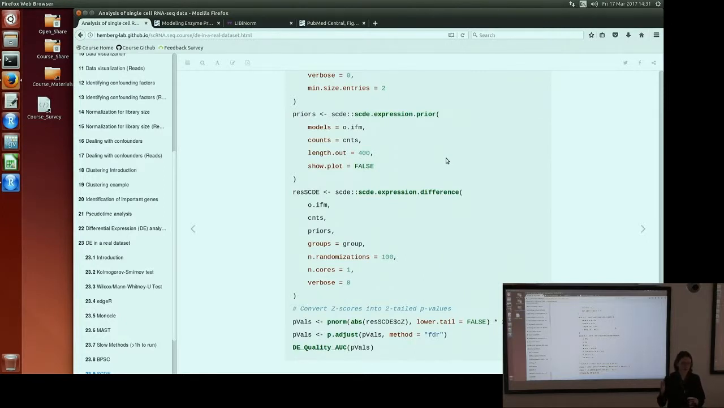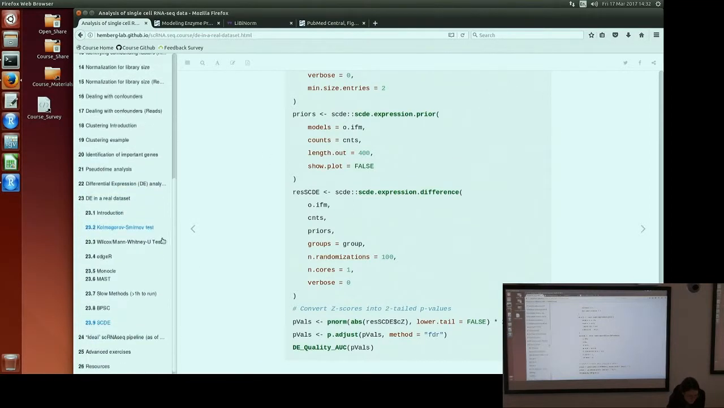In that case, you'd want to select those cells in each from your data set, and then create a new data set with just those cells, and then use these methods. So if there's no questions on that,